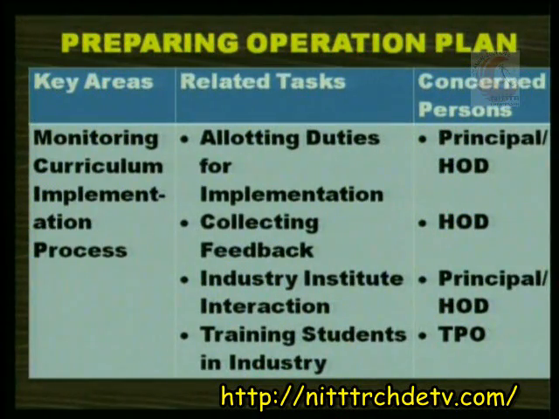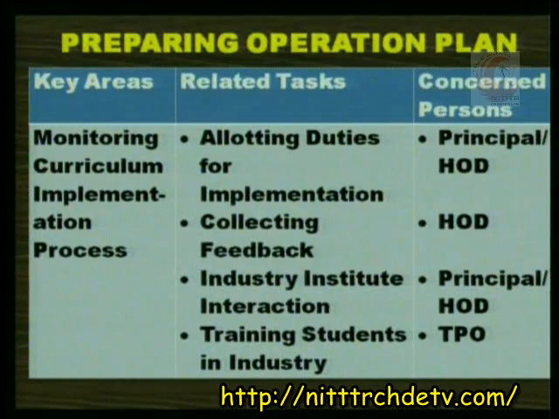Let us see another key area, monitoring the curriculum implementation process. This area is very, very important. We have to see that the curriculum is implemented in letter and spirit. All the people are involved while implementing the curriculum, and if we try to identify the tasks that are related to these areas,